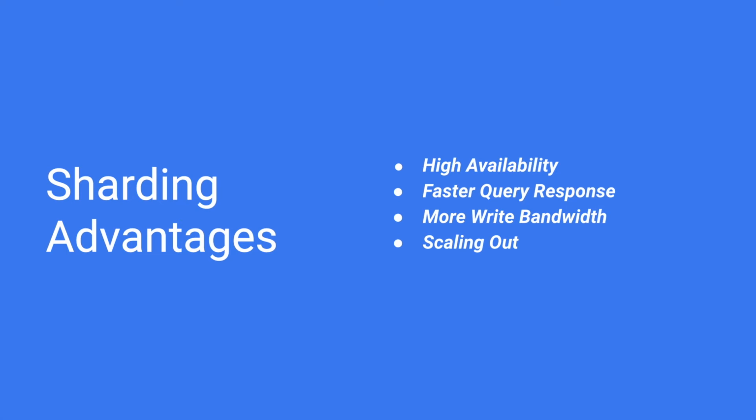Next, we will have more write bandwidth available. When we use a master-slave architecture, generally writes happen on a single database, which we call the master. That is where all the write bandwidth is available, which means there will be a limitation on the writes that can happen. With no master database serializing, we can write data in parallel in case of database sharding, which means the throughput of writes will increase and the bottleneck which we saw in a single database goes away.